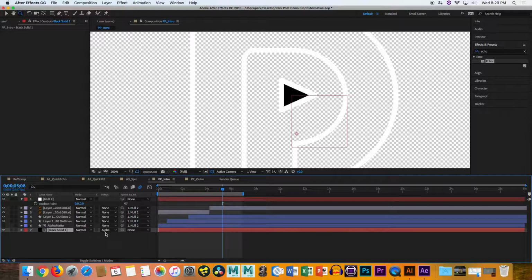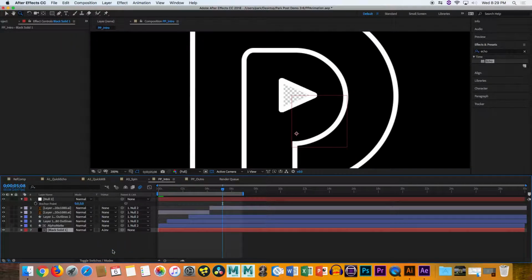Alpha inverted is just the opposite. It'll appear everywhere where the shape has not been made. There's also versions of this for Luma, but that's not terribly common with motion graphics and that sort of thing. So